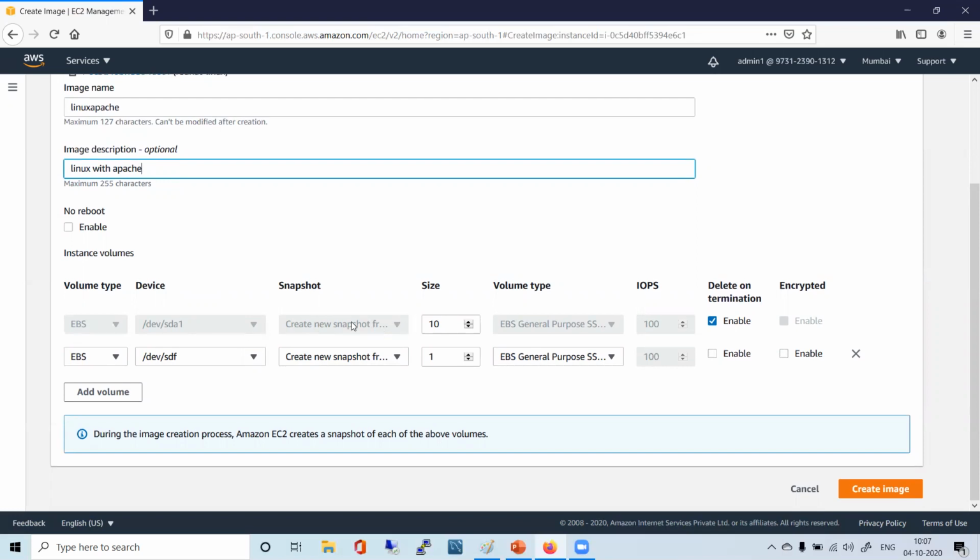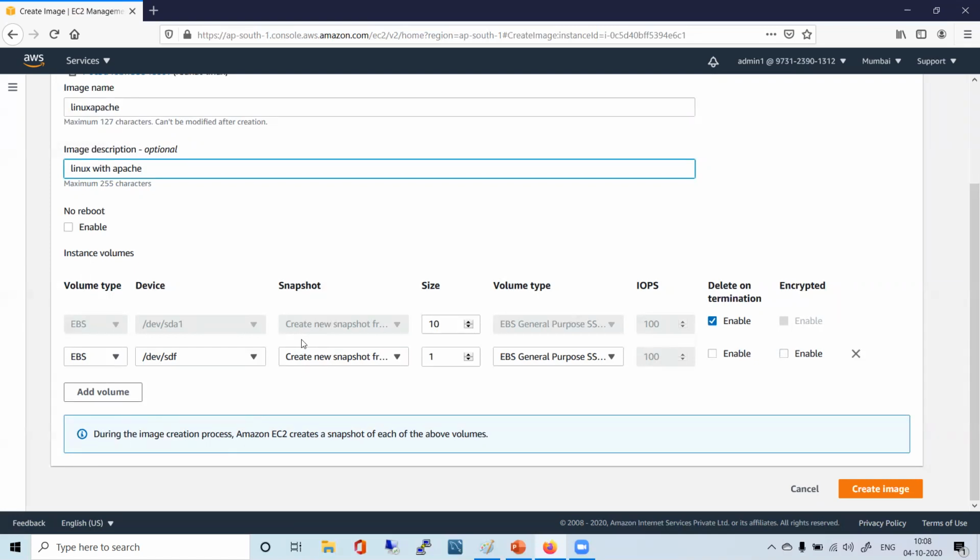So you don't have a choice here, right? Here you see volume type, IOPS. Now you cannot modify this, you cannot remove this, you don't even have the cross button in the very first one. What does it mean? For an AMI, it's mandatory to have one boot volume that I was explaining about, right? You must have at least one volume, and that should be the root volume or the boot volume that will contain the operating system that you have in your instance. Say you are creating this AMI from a Linux machine, that doesn't mean that you will get Windows for that.